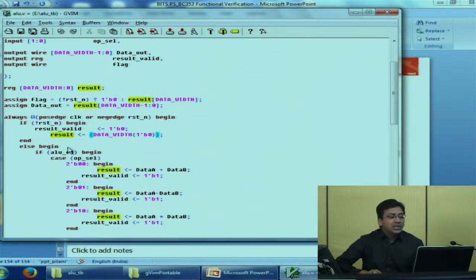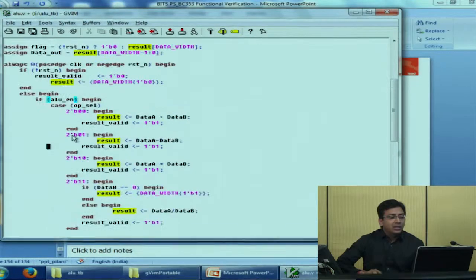Now let's say the reset was not activated and the posedge of clock has come. Since ALU enable is the trigger for the DUT, it will first look at whether ALU enable is high at this posedge of clock. To understand the flow of how the DUT works: the first thing it looks at is the clock and reset.